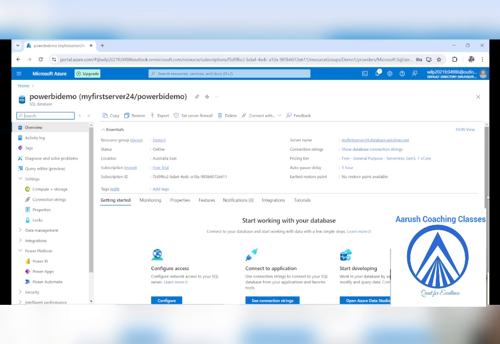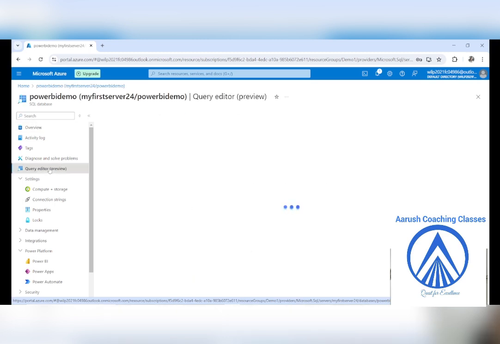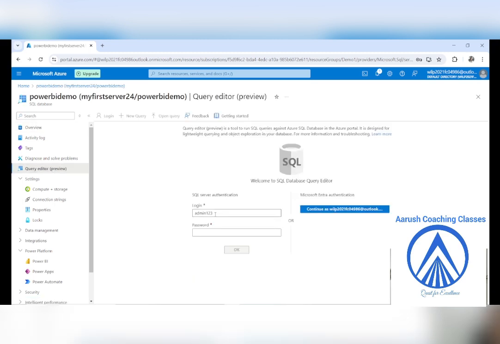Now, once you have clicked on SQL database, what will you do? You will go over here, query editor. Where will you go? Query editor. Okay. So now you'll click on query editor. Now you will have to give the SQL server authentication. You have put in your login details, the admin 123, and please put your password.